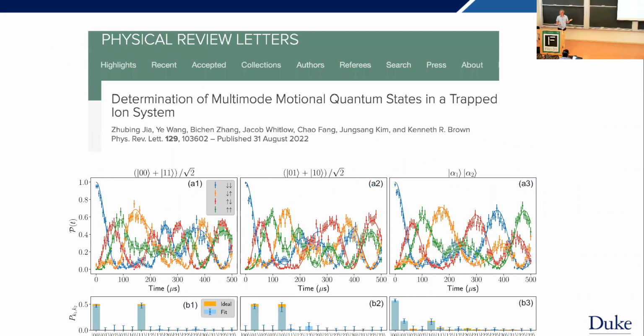I just want to say, because it came out, I don't know, 2 days ago, when we started this whole process, our motional states had the most error. And in the process of trying to get that down and make the motional dephasing lower and lower, we got to the point where we now have very good control over our bosonic states. So we can now make entangled states between these different phonons.